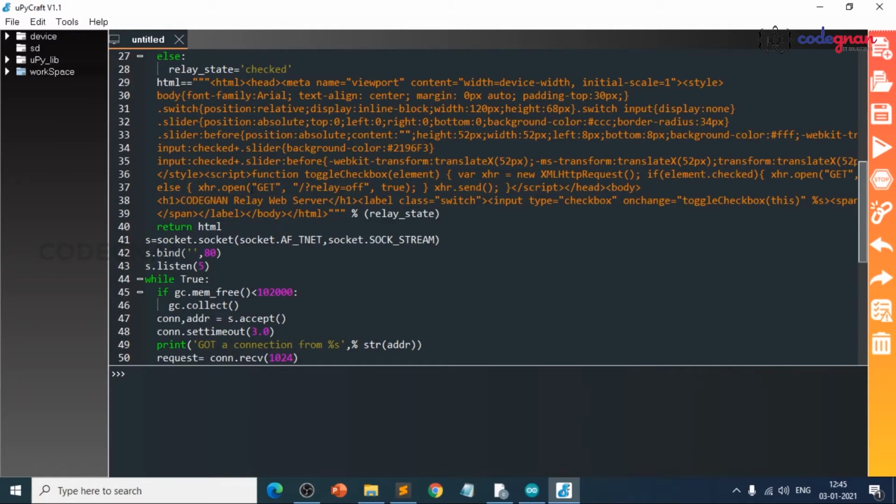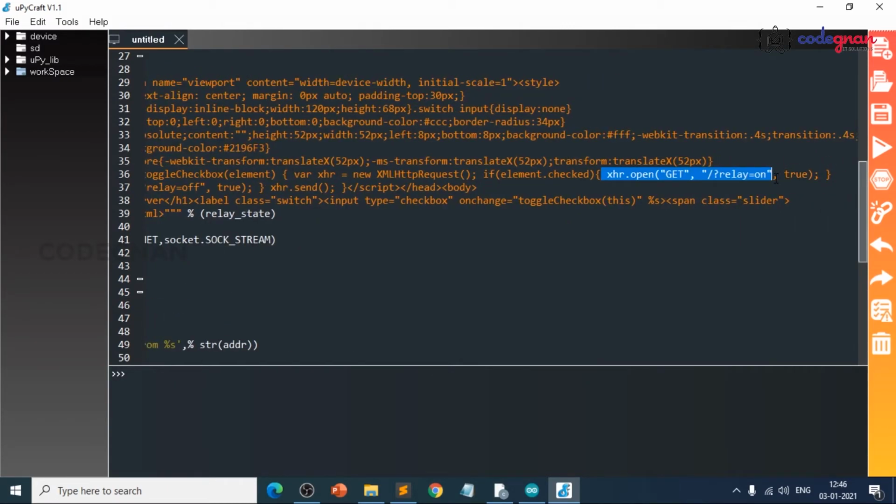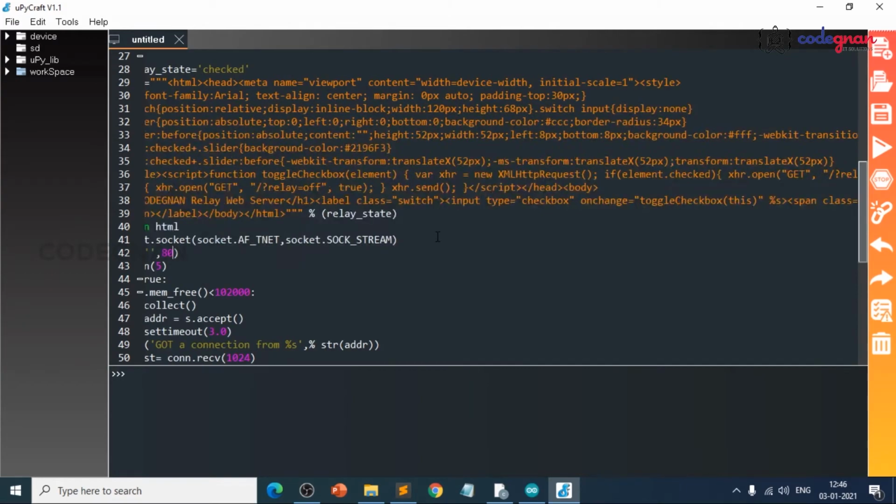Whether we are getting this request or we are getting this request, this on or off, we need to find here.